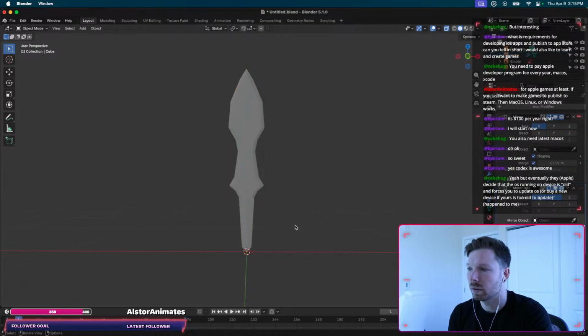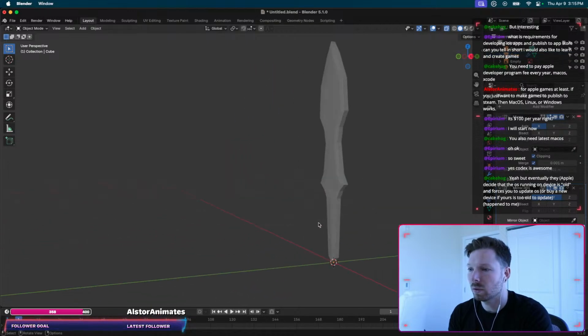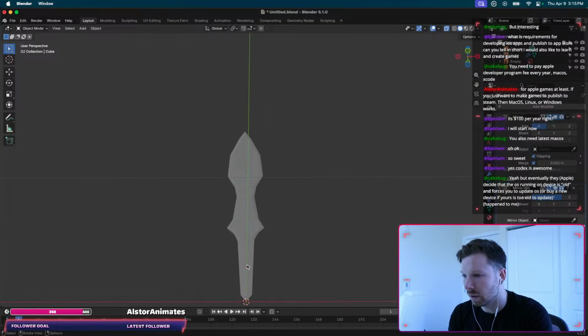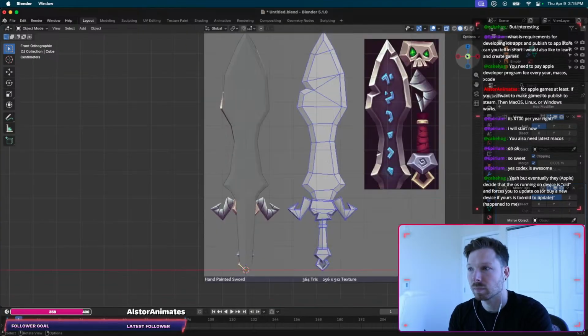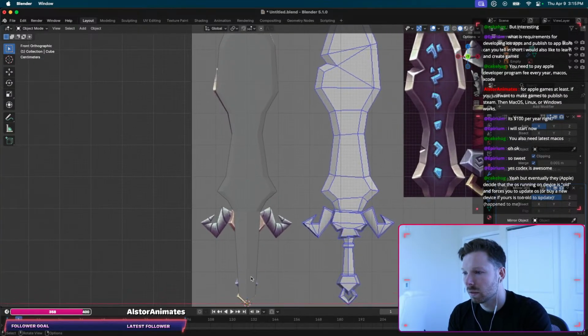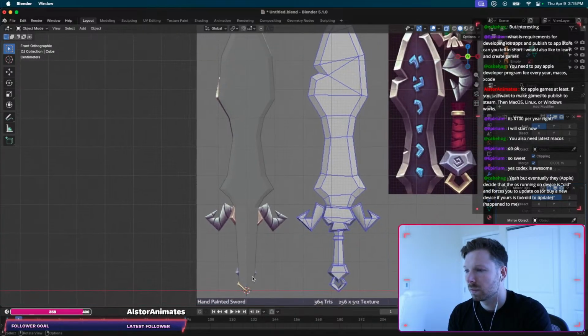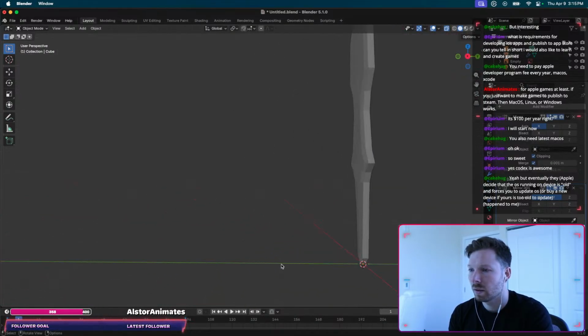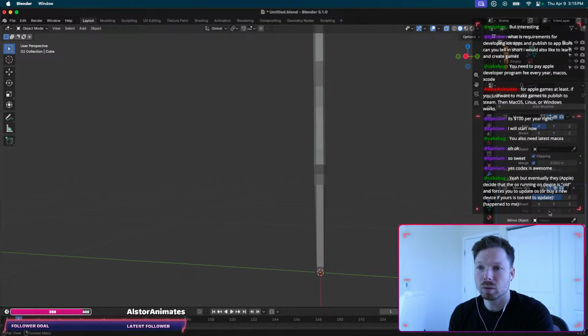Yeah, that works. Yeah, to 3D cursor, so it's in the center, right? And then now we are mirroring to the back as well,